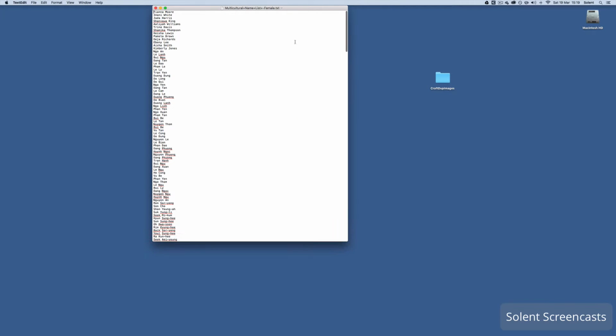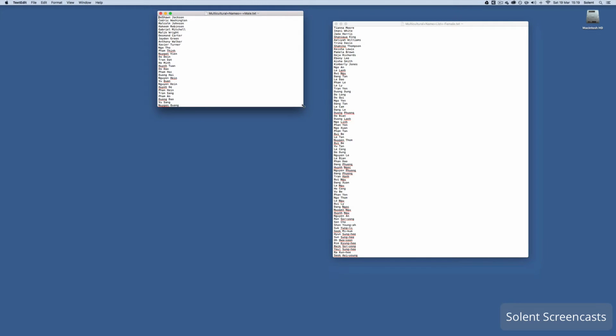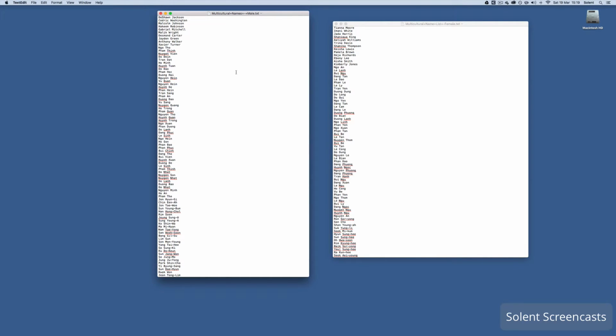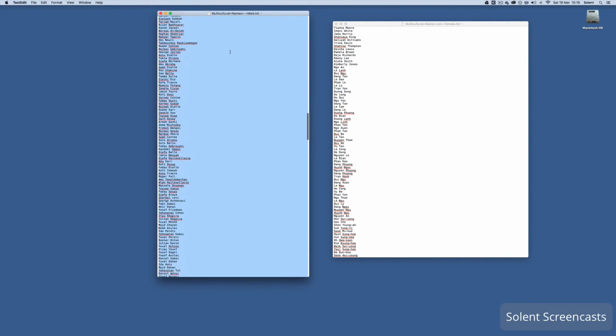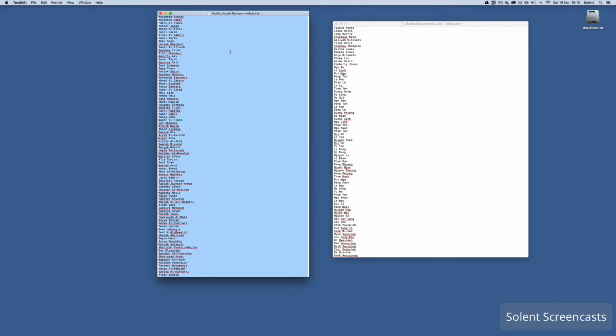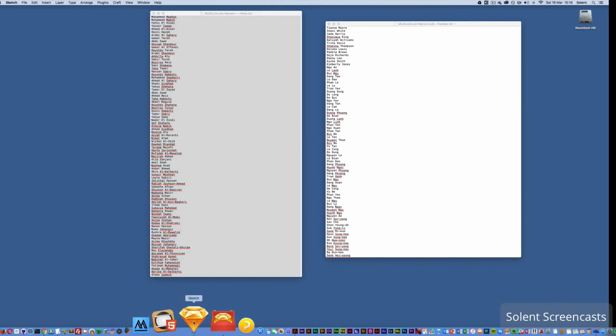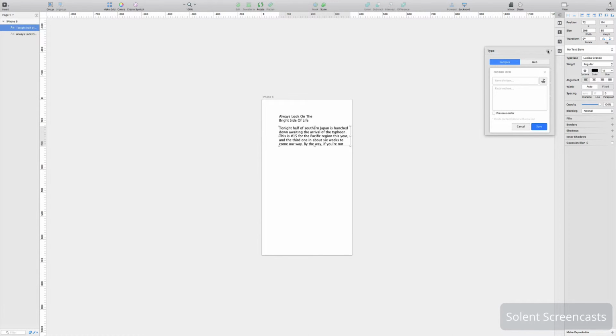Okay, so I've got two text files here. One with the female and male names, and so if I go to the male ones over here, I just do a select all, Command A, and select all those, and then I can copy them. Now if I go back to Sketch, and I'll just go back up here, close this down. So what you would do is click on action, click on custom action here, and then I would paste in the text of all the names. I might want to preserve the order, and then what I need to do is give it a name,